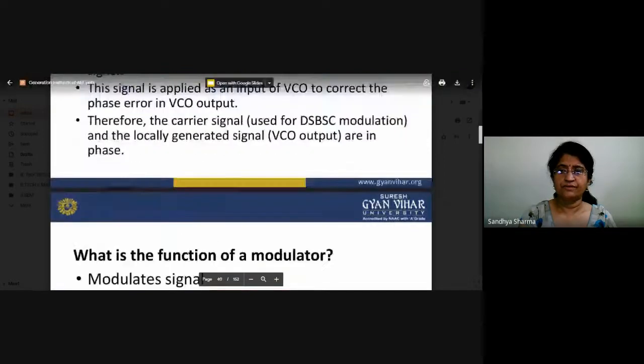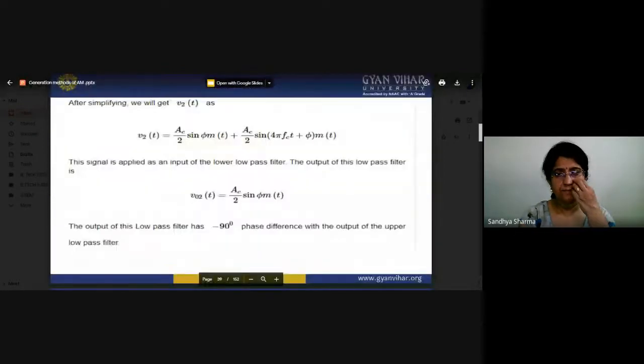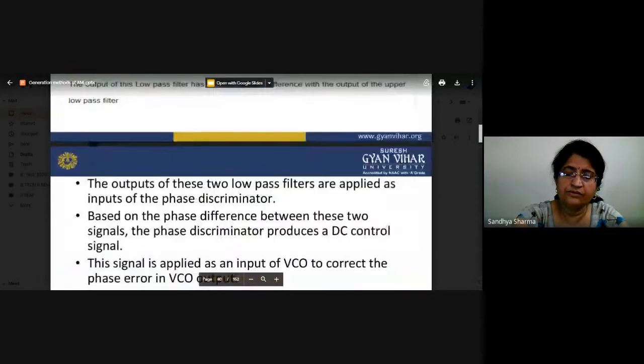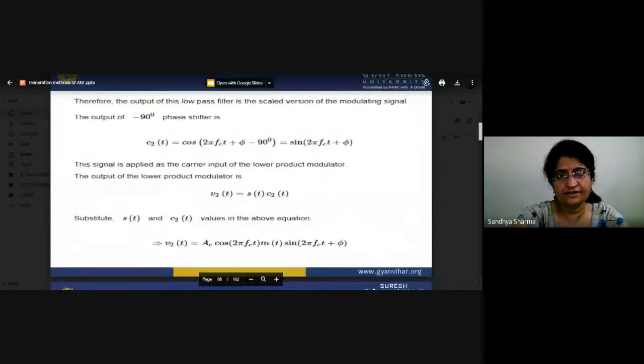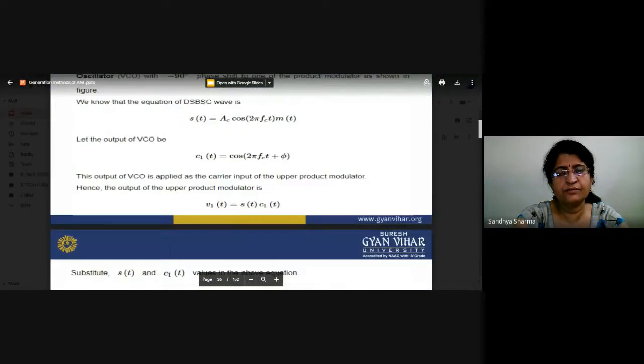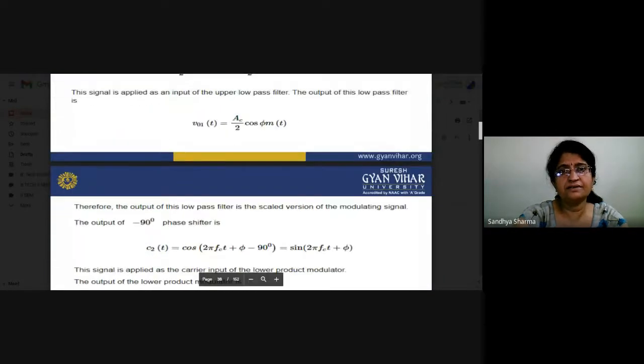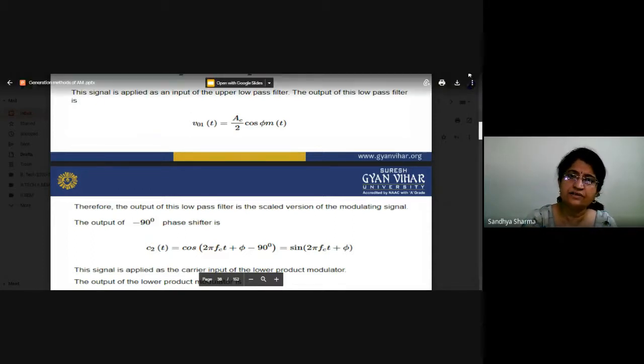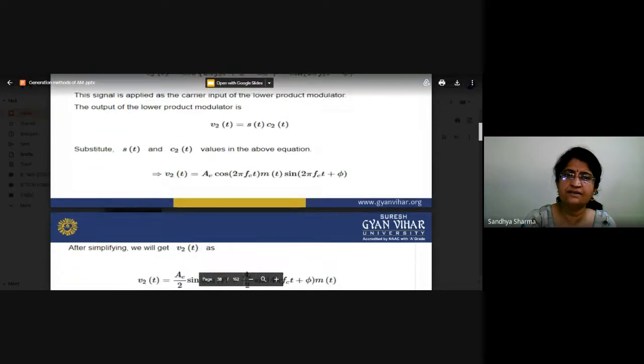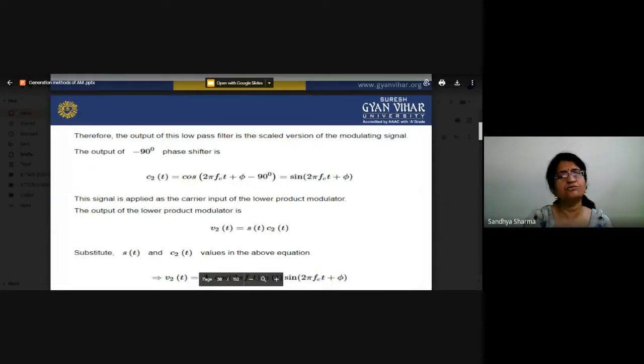So now here we will see about the very little part of the demodulator section. There are basically two types of demodulator. Here we can work on the coherent one, which means we have to multiply with the same phase and frequency. We can also use the envelope detection method, in which we are using a diode and a simple RC circuit.